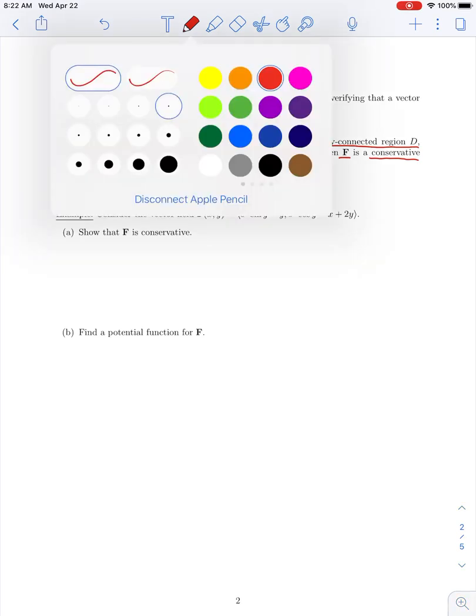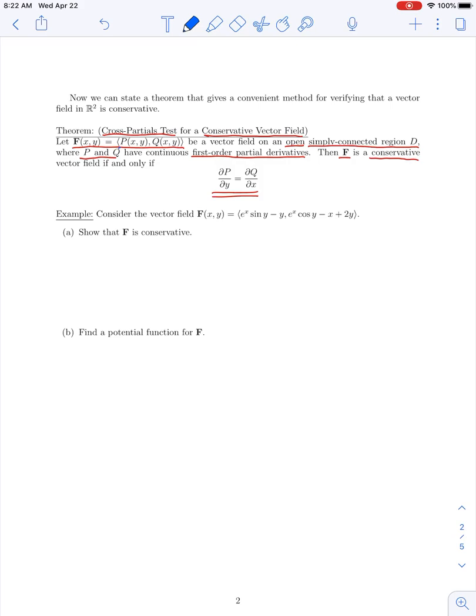That is, if the partial derivative of our first component function, p, with respect to the variable y, is equal to the partial derivative of q, the second component function, with respect to x. So this is known as the cross partials test. If we differentiate the first component function with respect to y and the second component function with respect to x, this vector field is conservative as long as those are equal and it's being defined over an open, simply connected